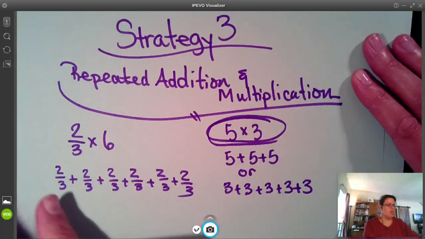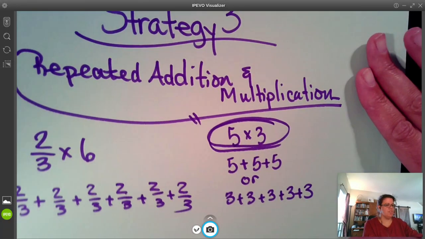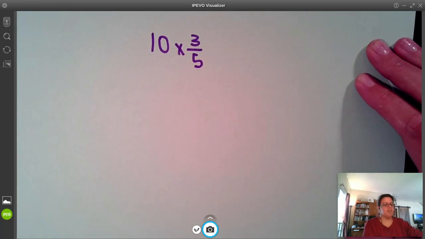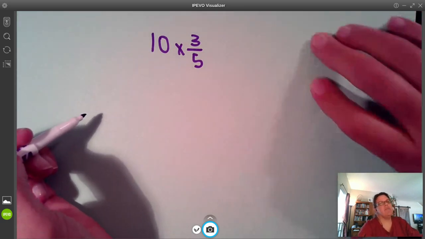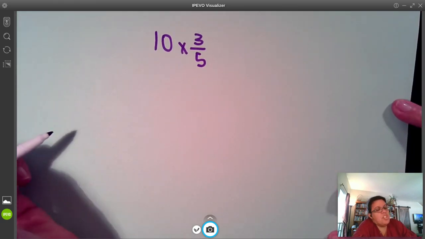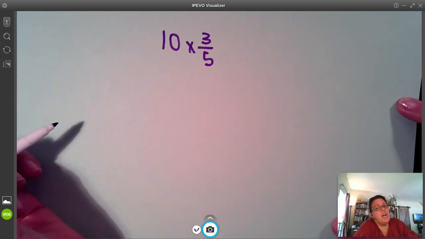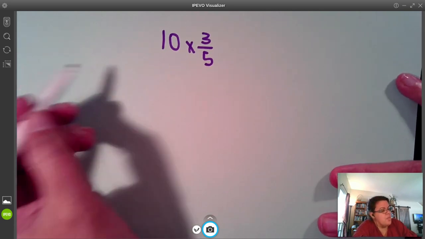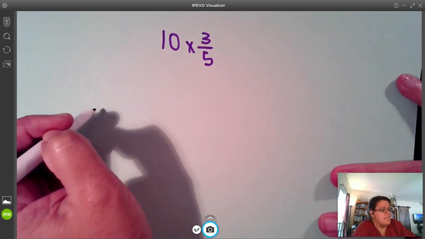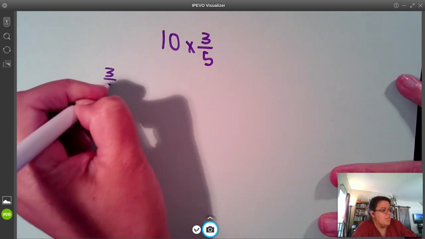Okay, so here we go. We're going to learn how this works with a real problem. So today we're going to try and do 10 times 3/5. So I'm going to show you the long way, and then I'm going to show you a couple of short ways. So here we go. So 10 times 3/5 means that we would do 3/5